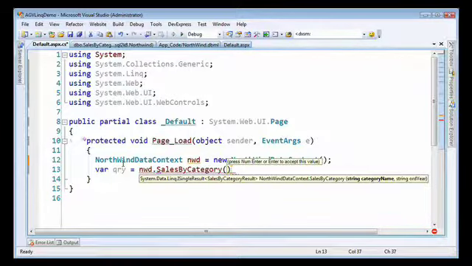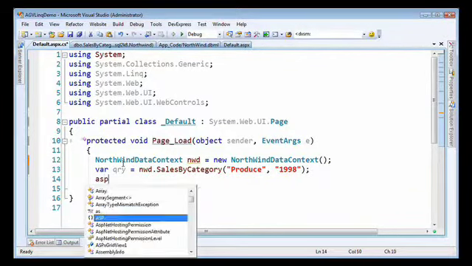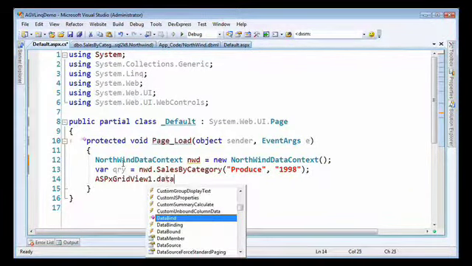And here, when you put the parens, we see it takes two parameters. Both of them are strings. So the first one is the category name. I'll pass in produce this time. And for the year, I'll stick with 1998 because I know most of the information in that table is from 1998. Now, we'll bind this to the ASPX grid view and set its data source